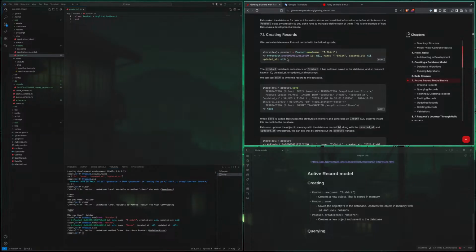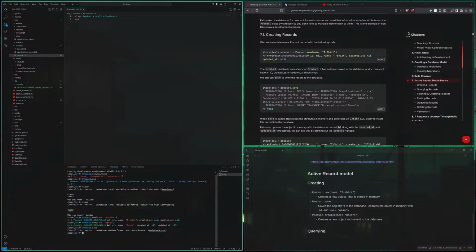Okay, I didn't read correctly. We need to save it to a variable.